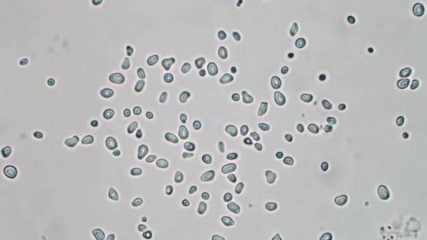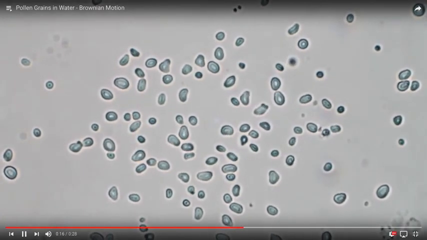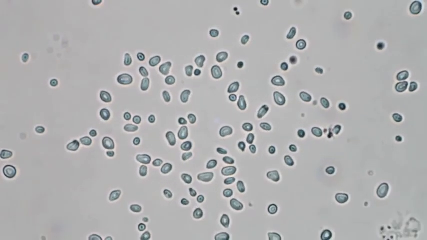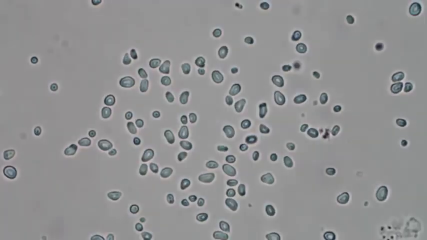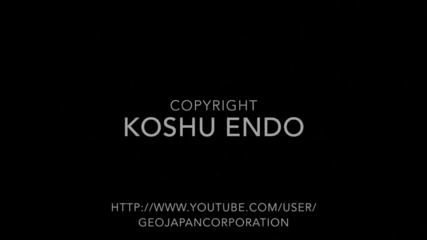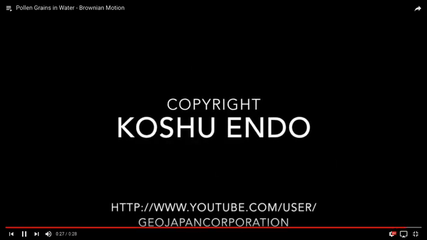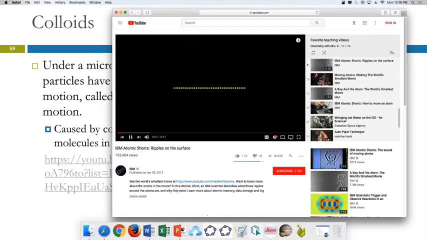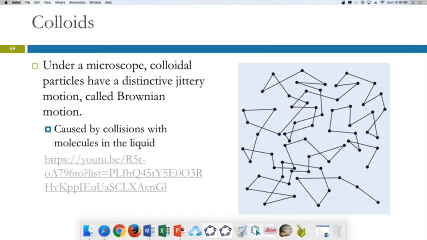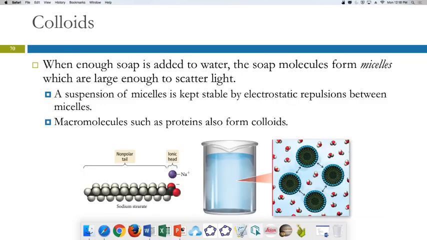Pollen grains. So you see how they're wiggling? They almost look like little living organisms, right? They're not alive. That was short. So that's Brownian motion, that jittery motion. And that was an early indication that there were particles moving. Something funny with the screen. Anyway,